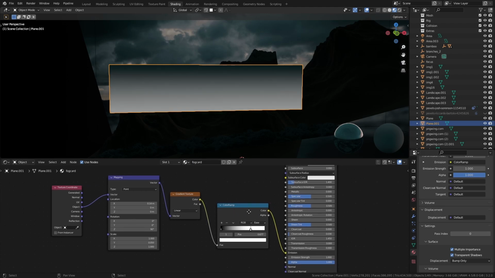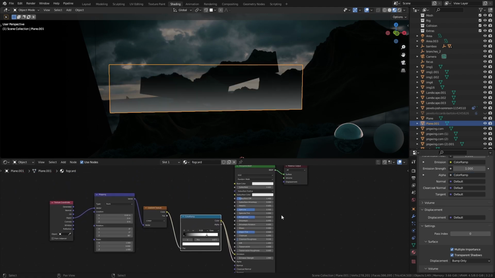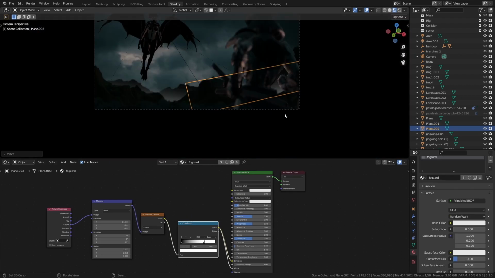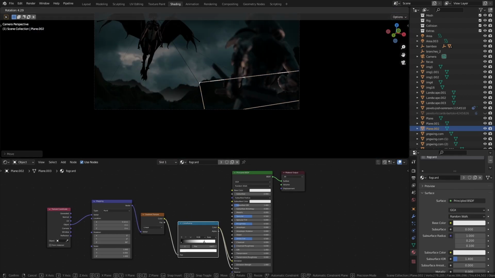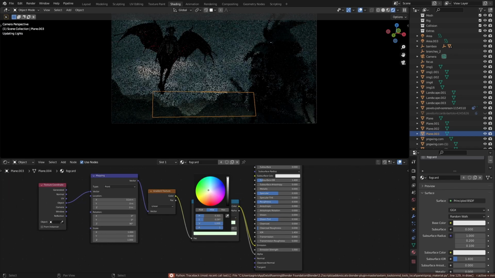I also created a long plane and used a similar technique to drive the emission and alpha inputs off of a principled shader to create these fog cards and place them behind each mountain to fake a lot of distance and atmosphere. One thing that the scene desperately needs is some trees and vegetation,